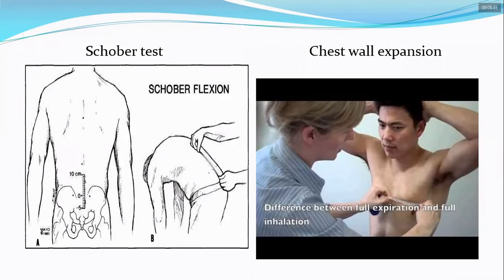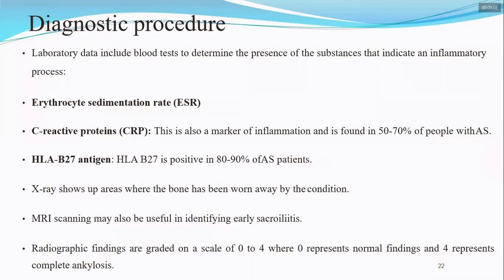Okay, and then similarly the chest wall expansion. If, between full expiration and full inhalation at the level of the nipple, that is the fourth intercostal space, the difference is less than 2 centimeters, then there is strong suspicion of ankylosing spondylitis. Okay, now coming to the